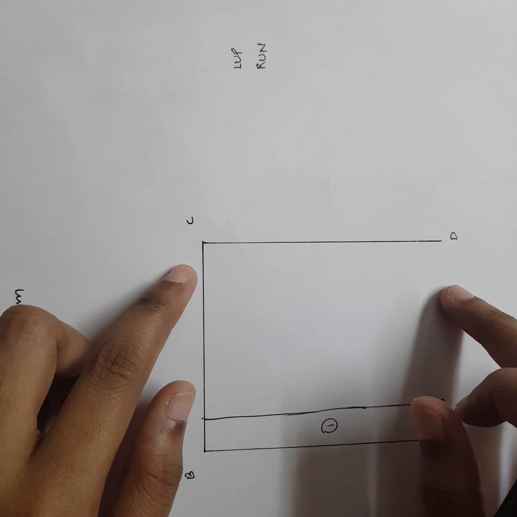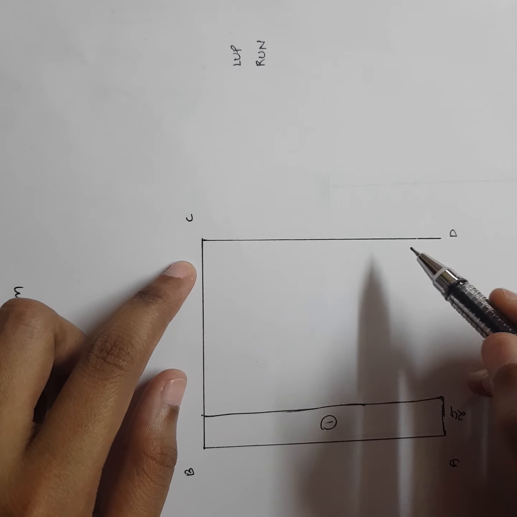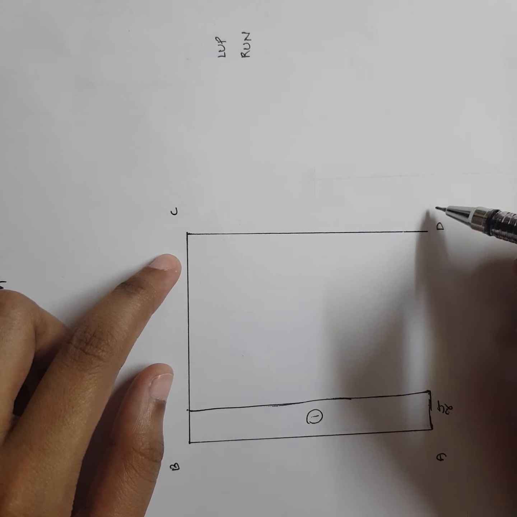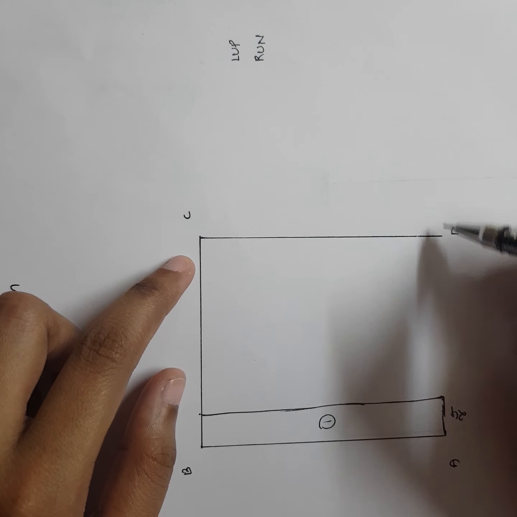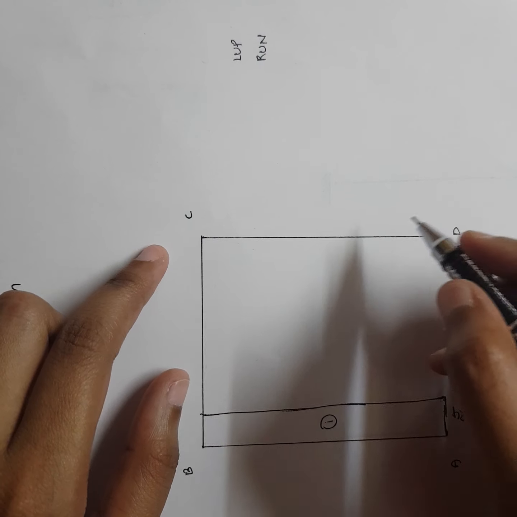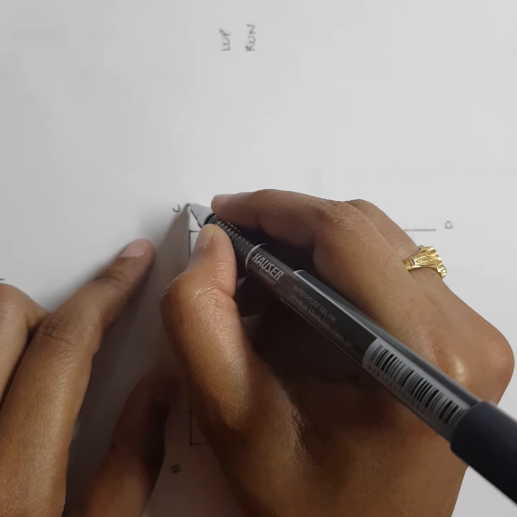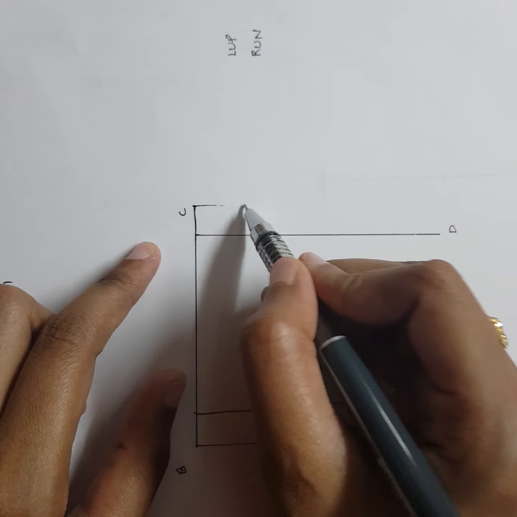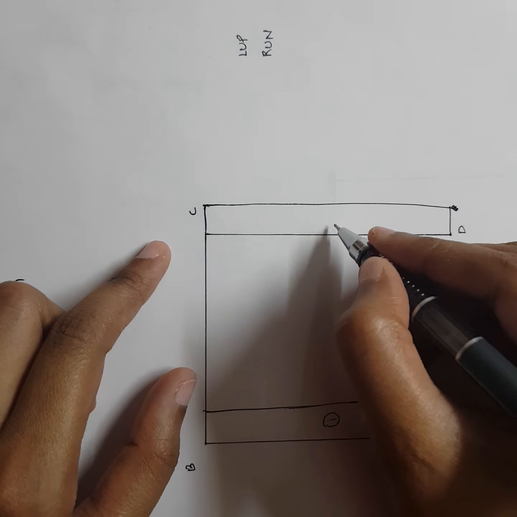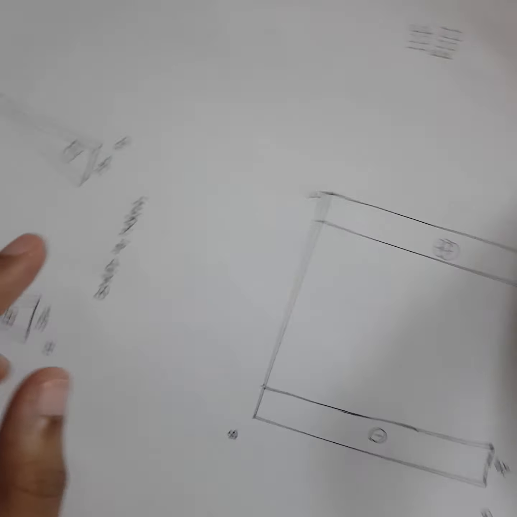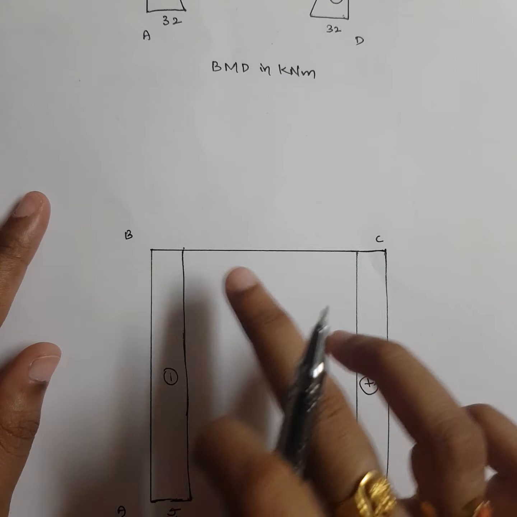Okay, we'll do like this, better. Now CD is also looking like a beam, same. How was our HD acting? HD was acting like this, correct? So I'm following right side upward negative, which means right side downward will be positive. So now you have to draw above the beam or the column. So you will be getting your shear force diagram like this, positive. Okay, now we'll finish it off for B and C.